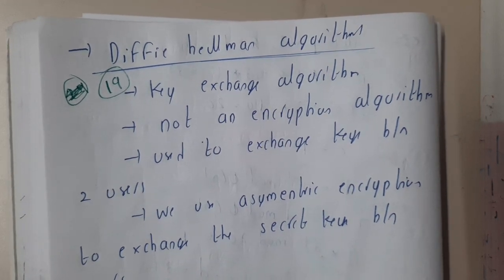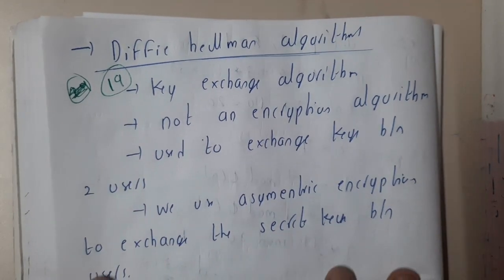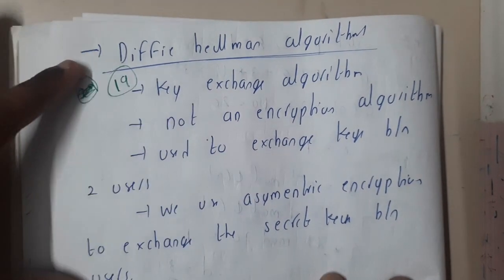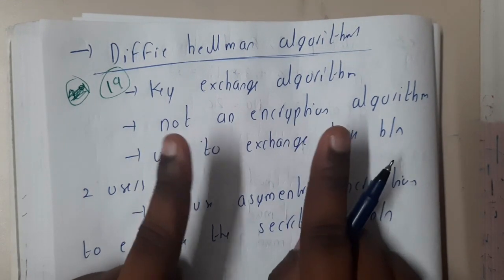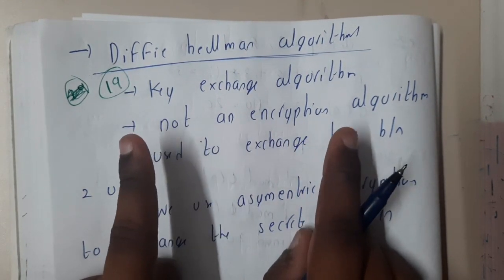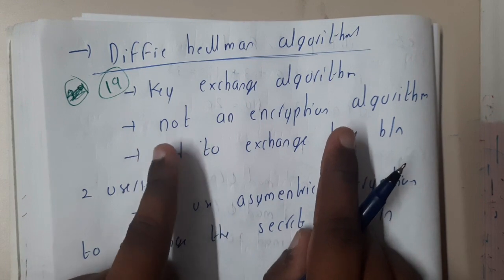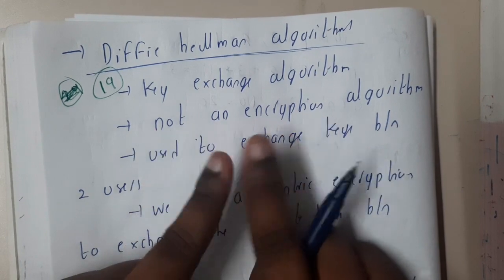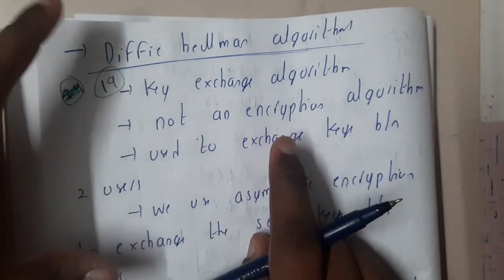In this lecture, let us go through the concept of the Diffie-Hellman algorithm. In this algorithm, the main idea is to exchange keys. We need to exchange the keys at some moment between two computers so that they can work properly. The way we should exchange those keys is what we will be learning here.